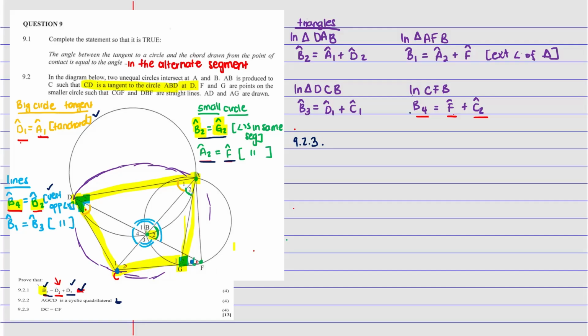We see that these two are equal to each other and there are angles in the same segment, right? So now what do we see? We see that we need to relate these two together, right? When we relate these two together, we see that this can go here, and this can go here. Wait, this can go here and this can go here, but